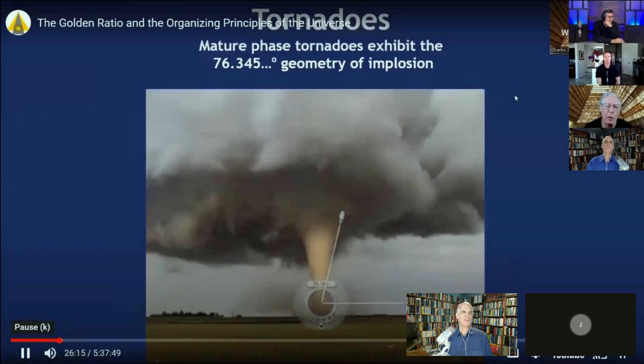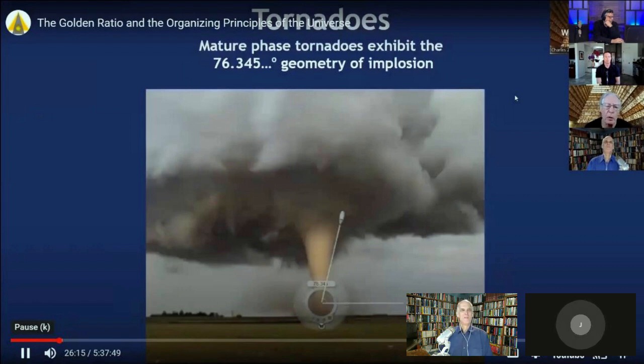And so you're showing all these pictures, and that's the same kind of stuff that Charlie did. So Charlie's the only person I know who has a book where the book's name is an angle, 76.345 degrees. And that's pretty cool. I'm not aware of any other. Does anybody have a book called 60 degrees, or 15 degrees? I don't think so.